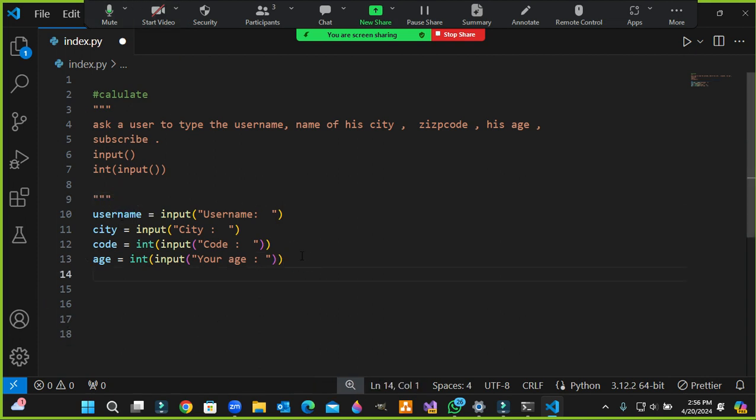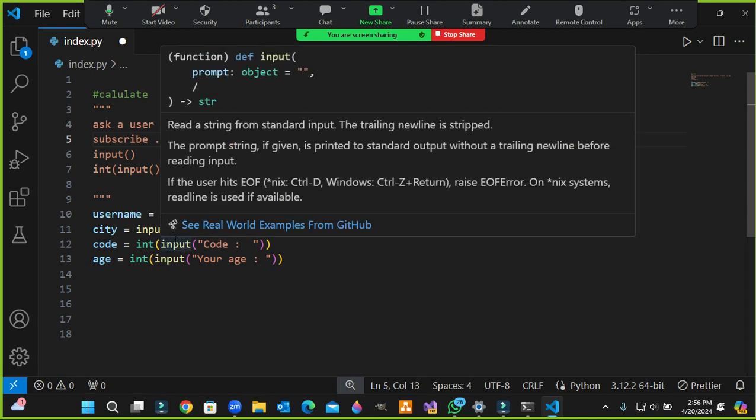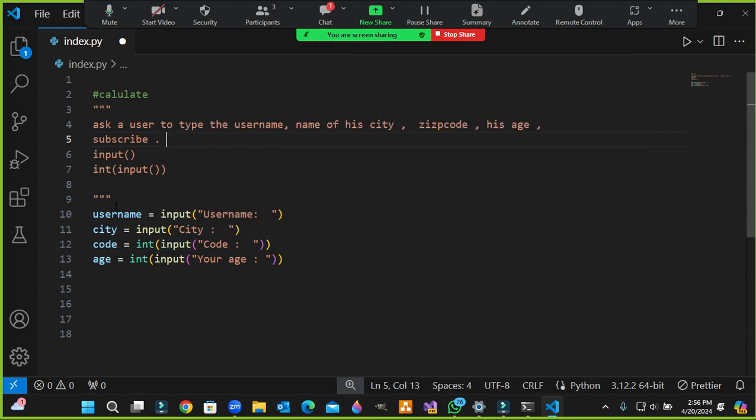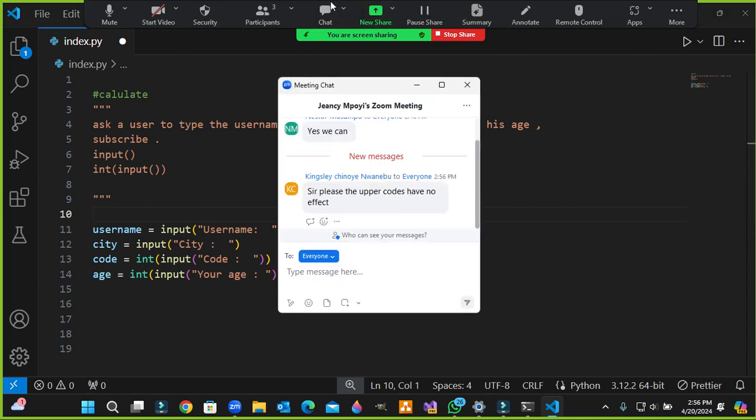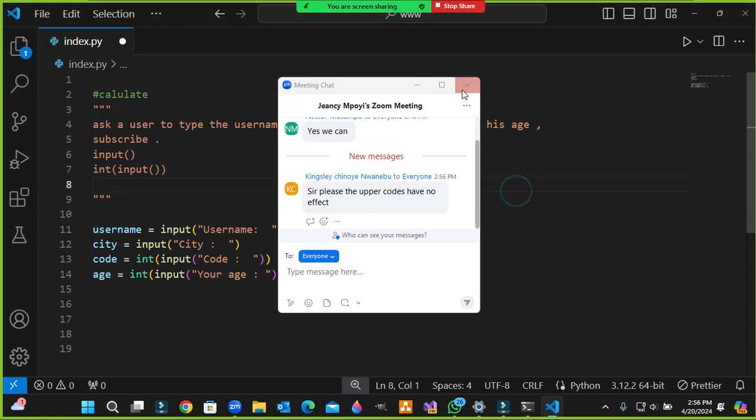And then after that, we also have the subscribe. Here we need to ask the user if he can subscribe or not. This will be an option. I'd like to put it on the top of our program here. So when you come to the output code,